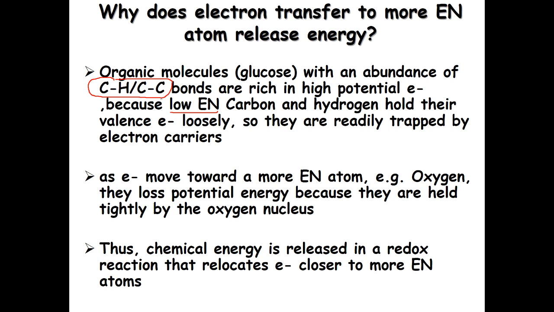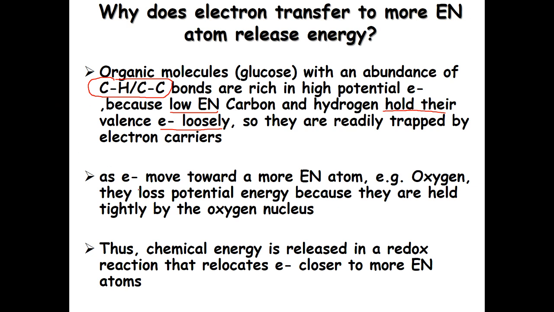It's easier to steal electrons from these combinations than, let's say, if you try to steal electrons from oxygen, which is hard because oxygen has really high EN. Can you see that? So these elements have low electronegativity, so they hold their electrons very loosely, so they can be stolen by us. That's the whole thing. So that's why we can only eat carbon-based food molecules. Water can never be enough for us as a food source because there's no carbon-carbon bond, and we are not strong enough to steal the electrons from oxygen in water.